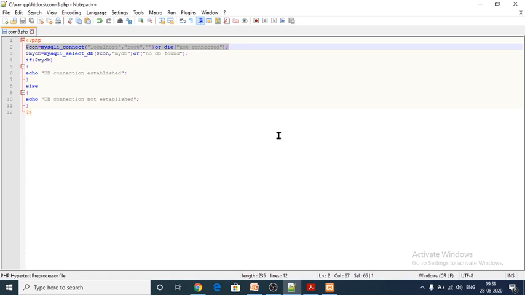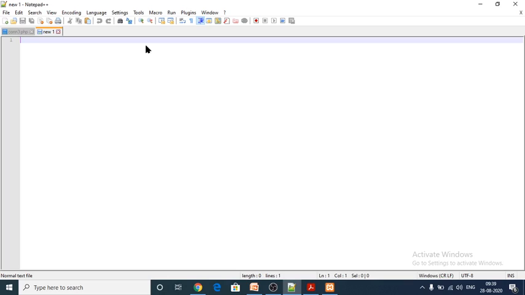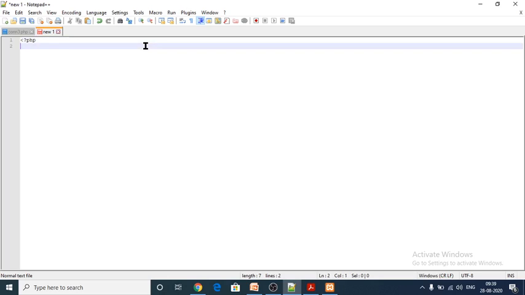So here we are able to perform MySQL queries in the PHP scripting language with the help of the MySQLi query. With the MySQLi query, we are able to perform MySQL queries in the PHP scripting language. So let me try another one to perform MySQL queries. For that we have to start with PHP, and after that we have to give